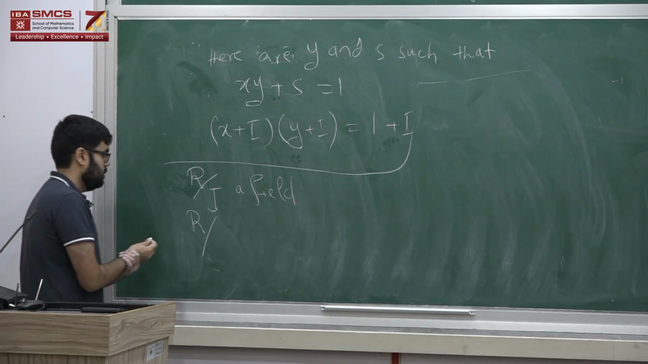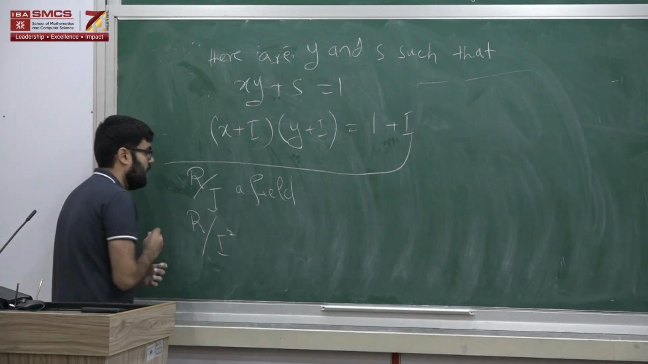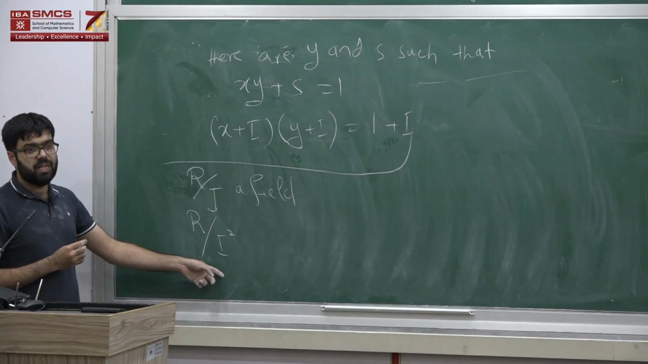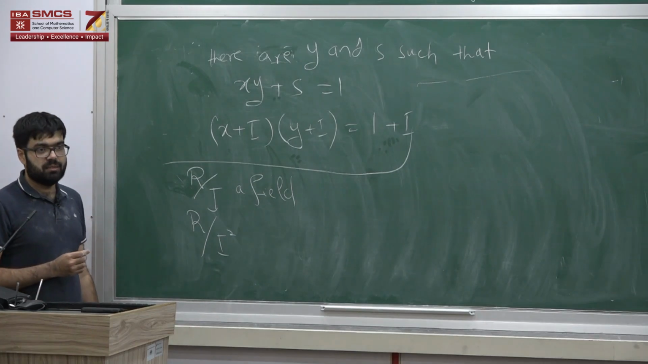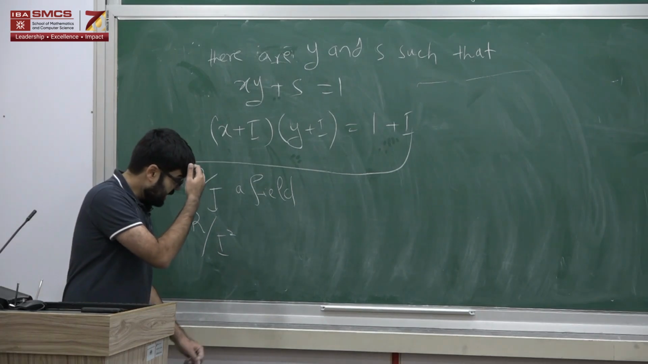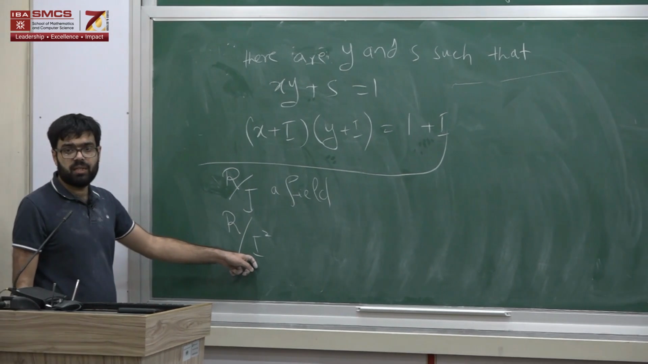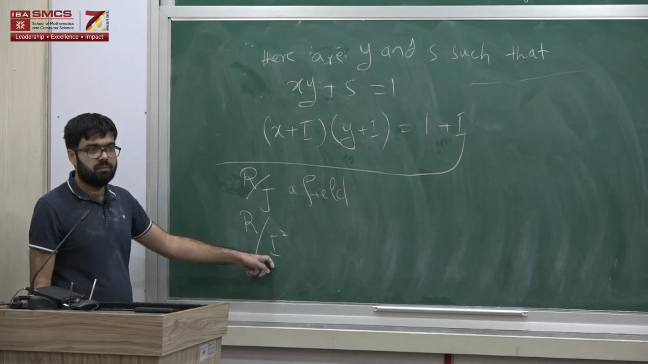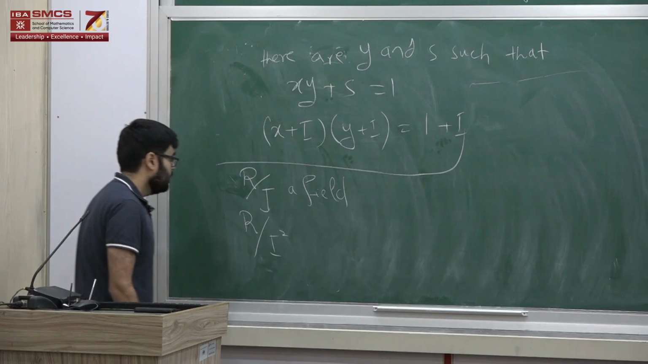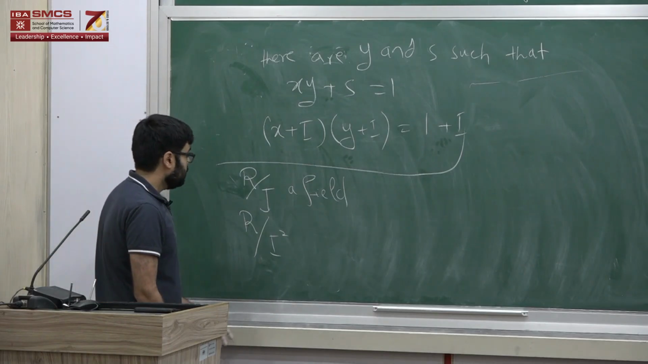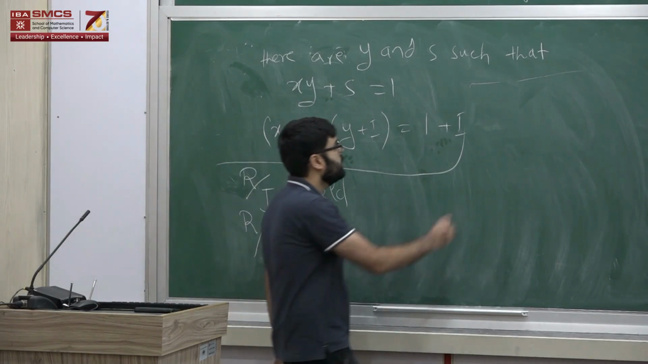R mod I square. This will no longer be a field. It will, and in fact, it will have zero divisors. So if this I and I square are not exactly the same, so what I can see is, so this I square,